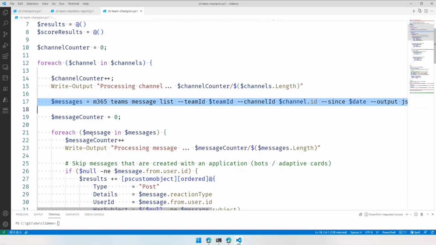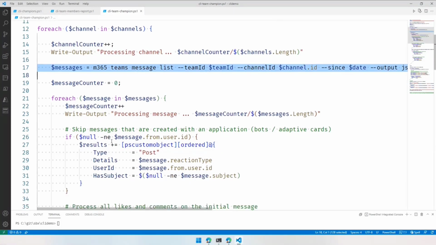But the first thing that we're going to do is, for each message, I'm going to say, okay, if the message was created by a user instead of a chatbot or a backend service, then I'm going to do something. So if I do have a user ID, which is only filled if you're actually a real user who logged in and did something, then I'm going to set the type to post. I'm going to say, okay, there were details with the reaction type, what was the user that did something, and